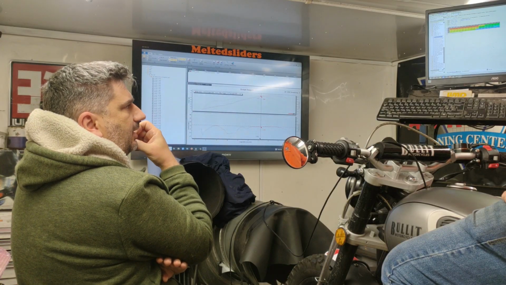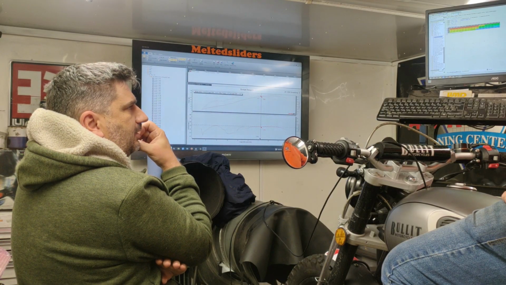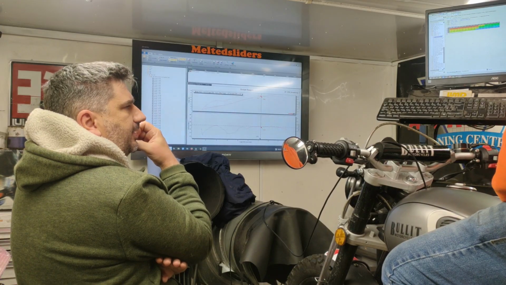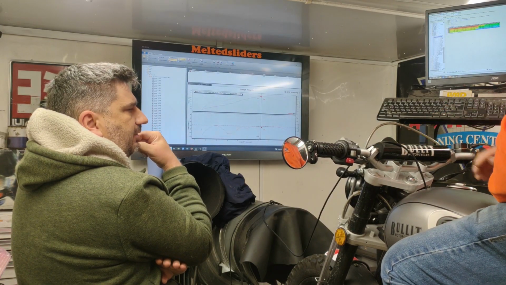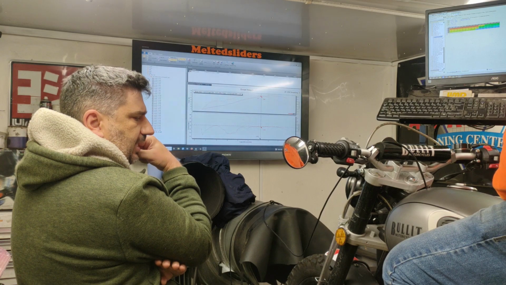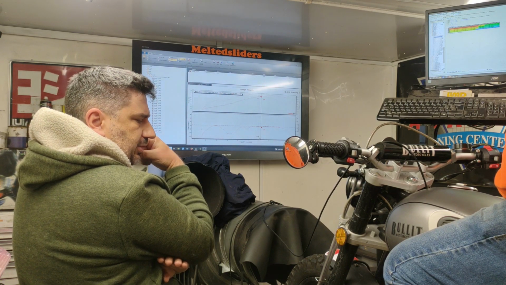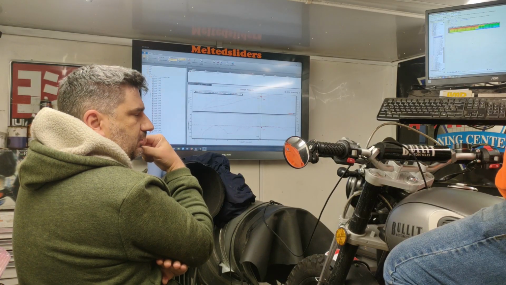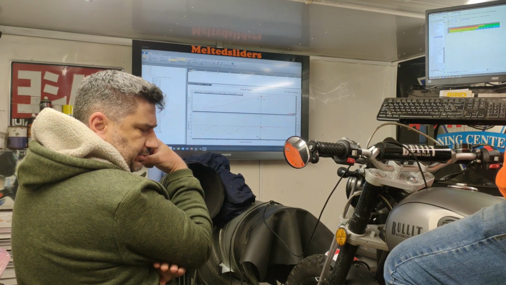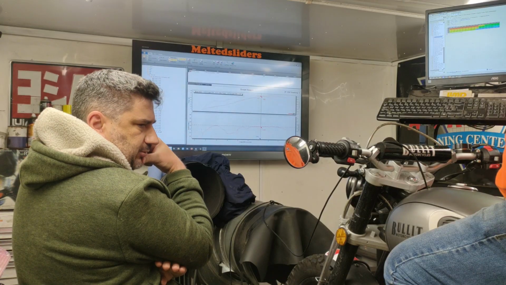There's different settings, like the fuel at cranking, at idle and so on. But if the bike runs okay and you haven't done any changes to that, you don't have to do anything with it. When it's cold, when it starts, it's okay. When it's hot, it is starting okay. So there's no issue, no point to change anything of that.